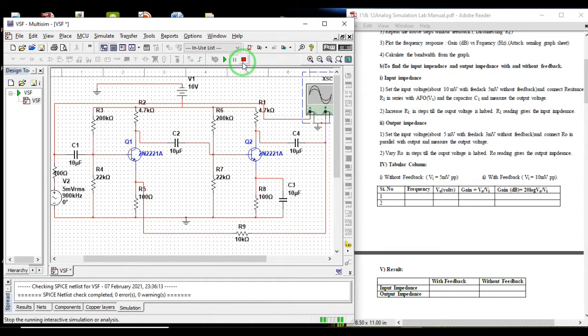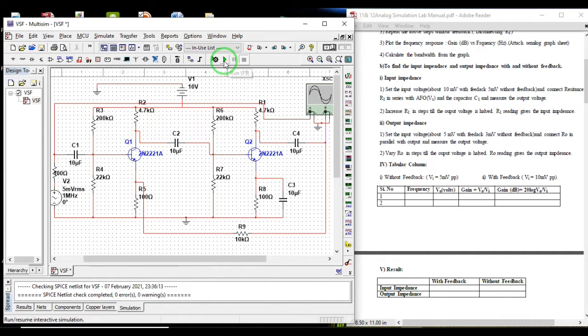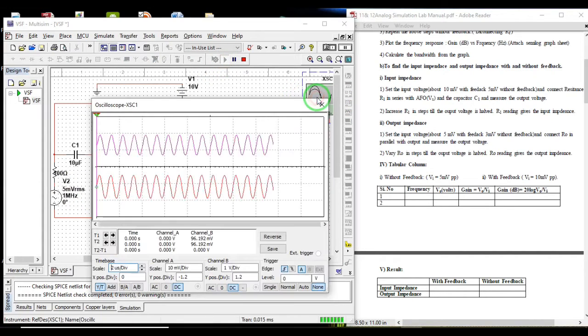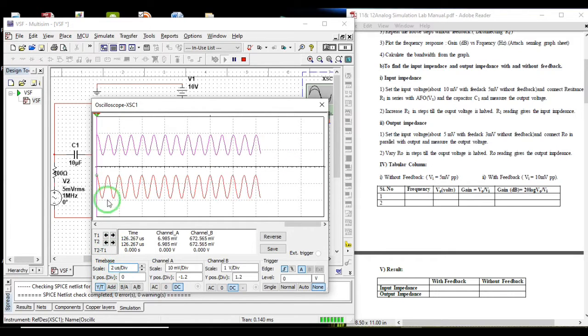Now you stop this, you make it 1 mega. One megahertz. Now it would have been slightly reduced.